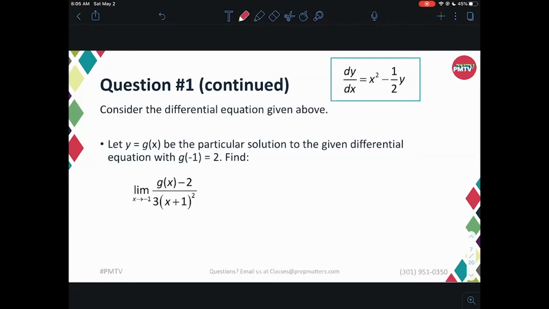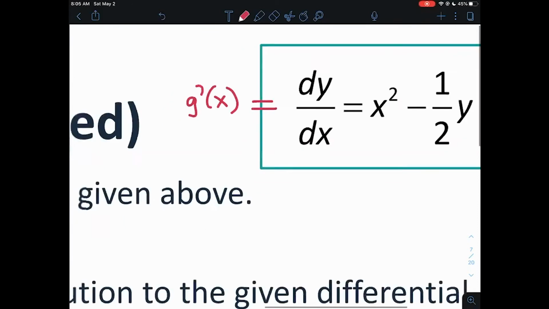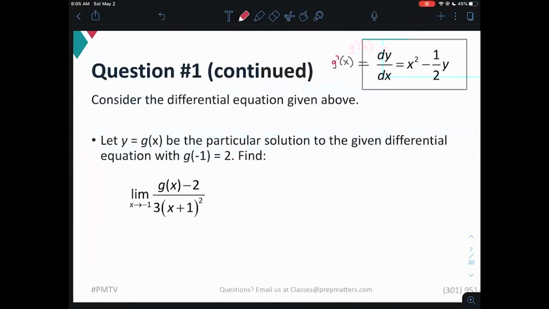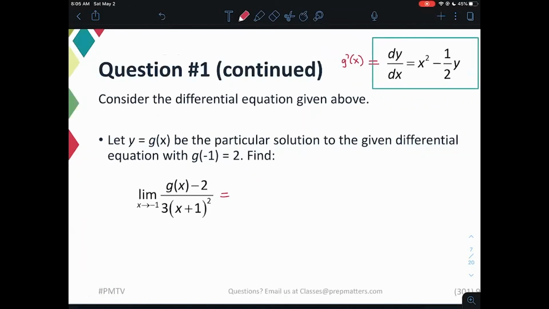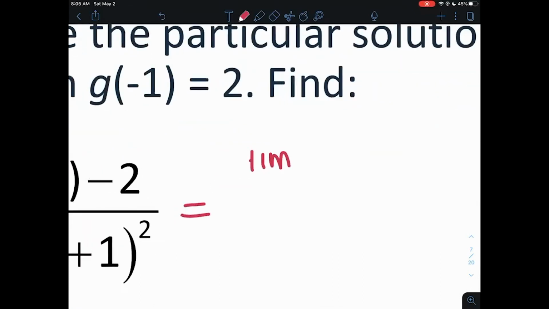So now I know that this differential equation represents the derivative of g of x. So I can think about that as I'm actually working through this limit question. And I'm going to mostly talk through this one and then let you work calculations later as you want to. Remember that when we have limits, I just want to remind you of some notation. When we have limits like this, what's really happening is that we are separating this limit